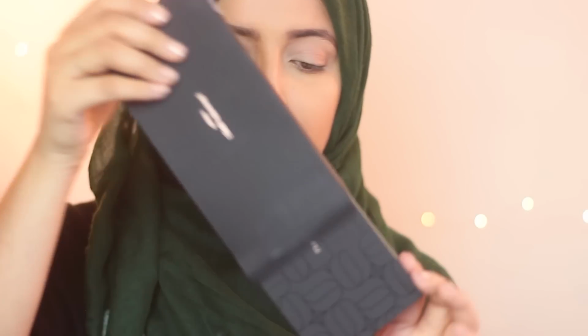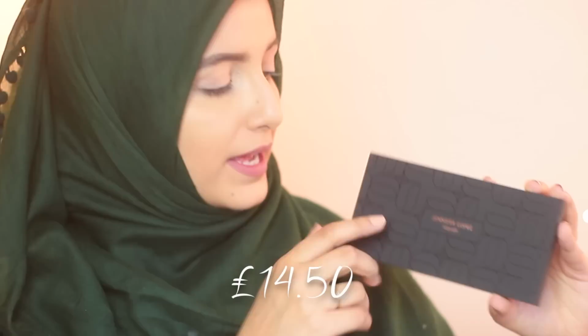Before I bronze my face, I wanted to show you guys the palette I bought from her collection. She has 3 or 4 palettes as well in her line. I got one of the bigger versions. This is the FSFC palette, and again it's got that beautiful rubbery matte packaging. This is what the palette looks like. Ooh, very nice. That is so gorgeous. It's just so sleek looking. Look at it, stunning. It's got this really cool little geometric design on it, and it says Jennifer Lopez Inglot,